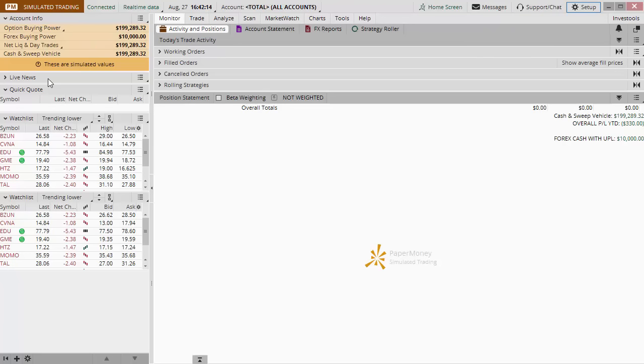And over here you've got the news, you have quotes, and also your watch list. Now this watch list, or these watch lists, can be connected to your scan. So if you do a scan, which is this option here, that can be connected to a watch list. So if you are doing the earnings eruptions trade, and you've got a scan in there to find the stocks that are gapping up enough to meet the requirements in the course,